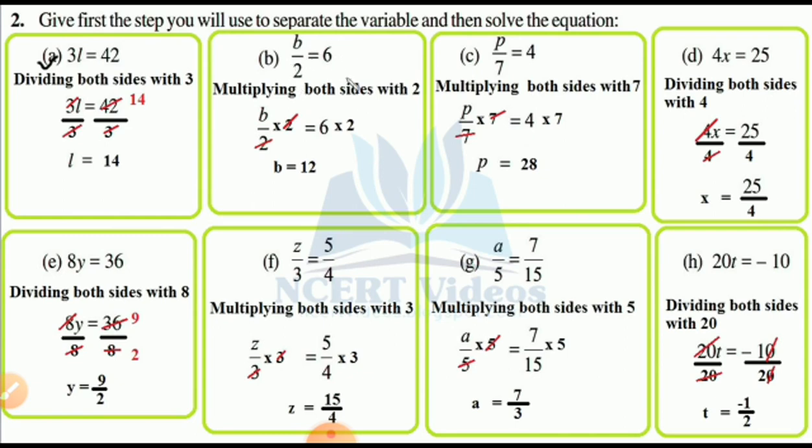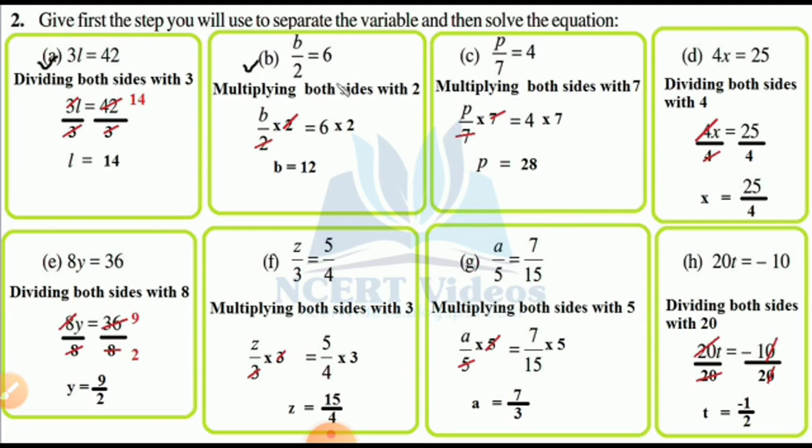Correct. So B upon 2 multiplied by 2, that means 2 will cut. Same way on the right side, 6 2s are 12. So it's so easy. So the solution of this equation is B is equal to 12. There is another method also. I know you know it very well. You can go through it also. But what they ask, we have to follow the questions. So here is the solution of B.